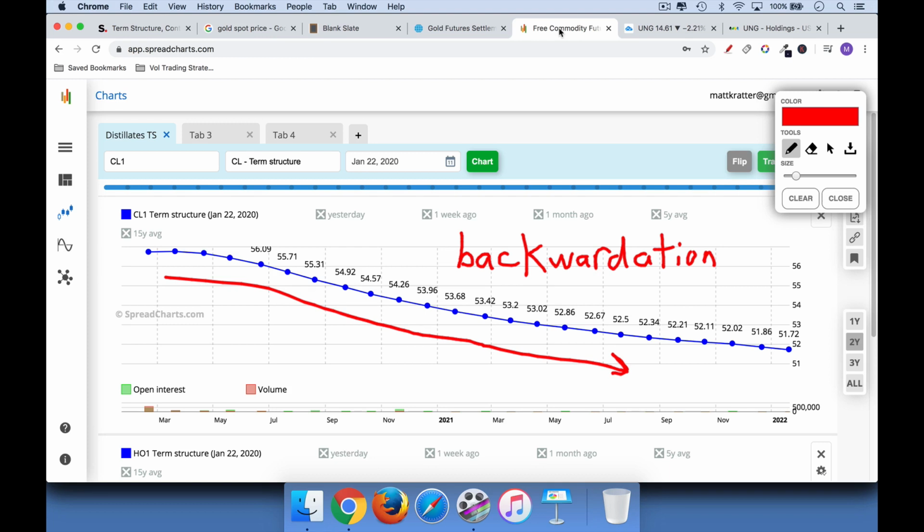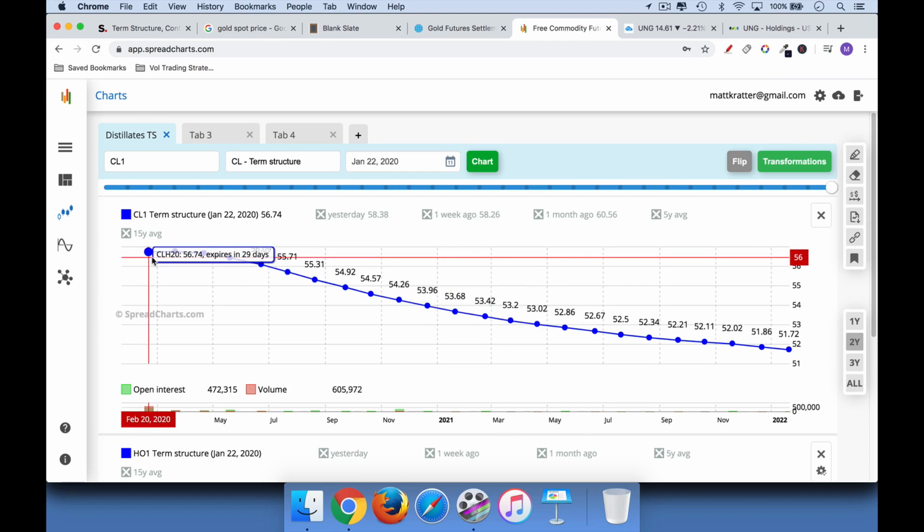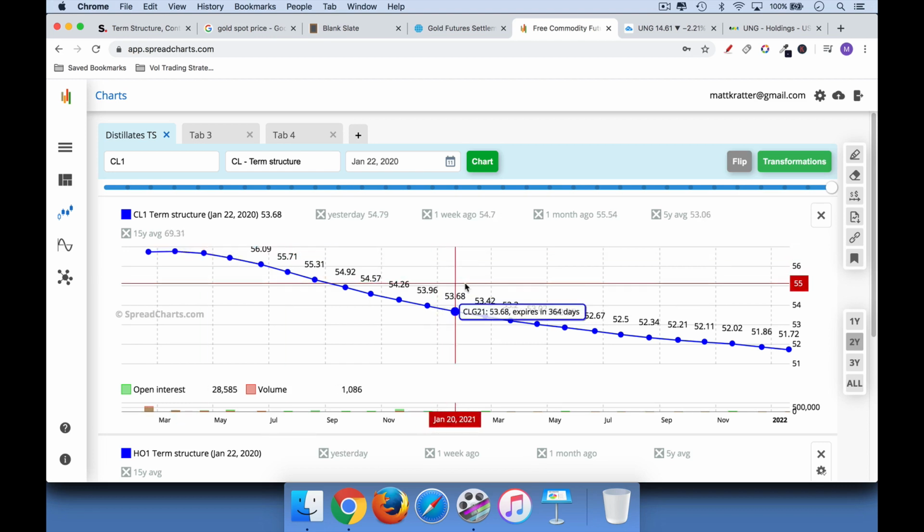Well, the main reason normally is that there's some sort of supply shock happening at the front of the curve. Because if you think about it, if you're a rational actor, why pay $56 today for oil when you can just wait and pay $53 or $54 for oil? I'll enter into this futures agreement now for delivery in 12 months from now. I don't really need the oil, and I'd much rather pay $53 than $56.